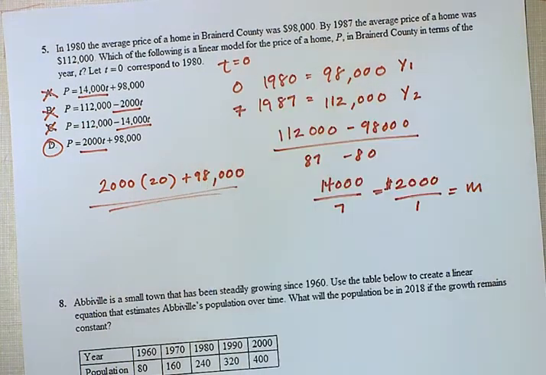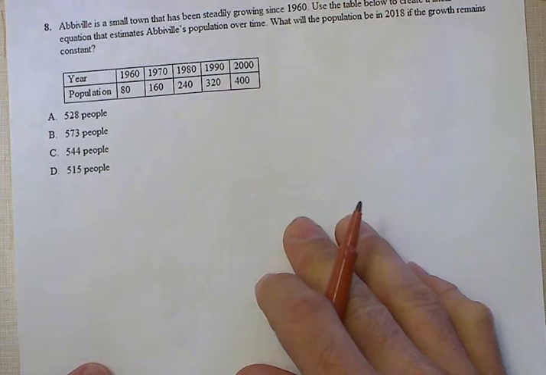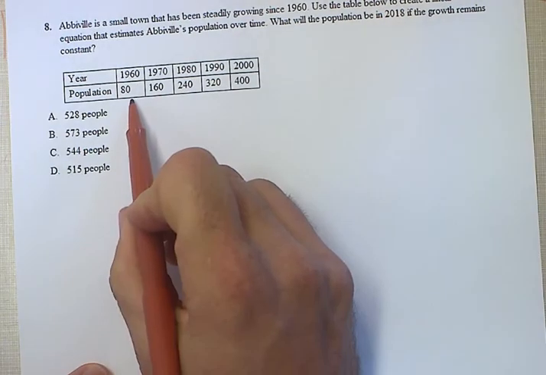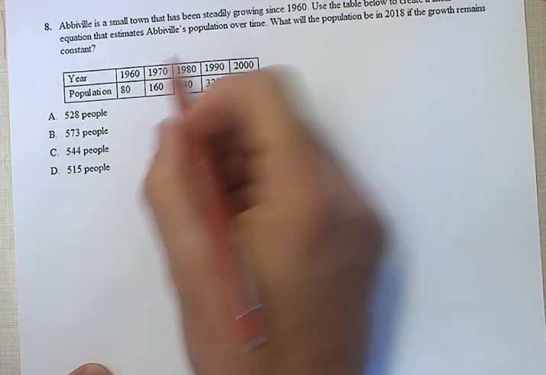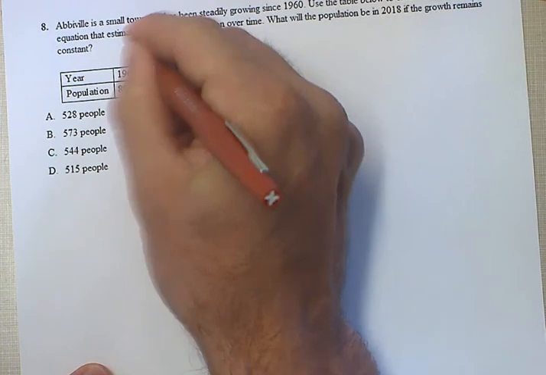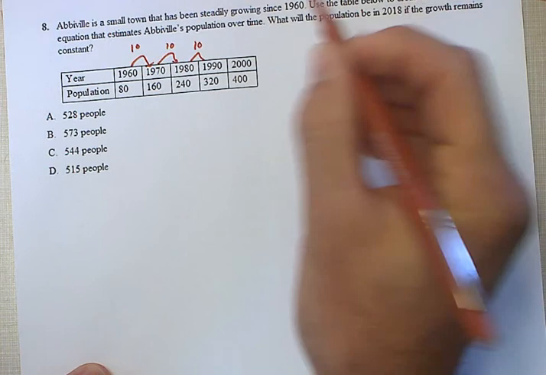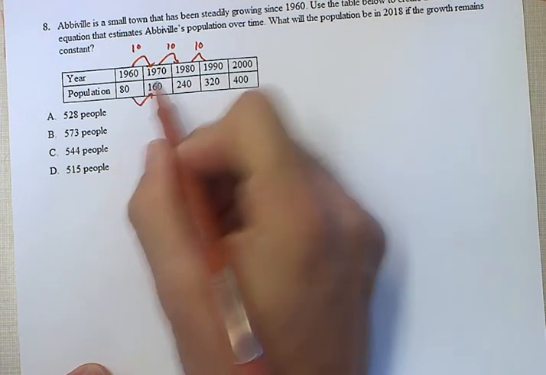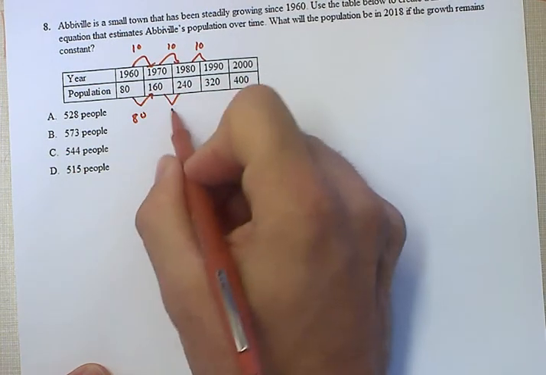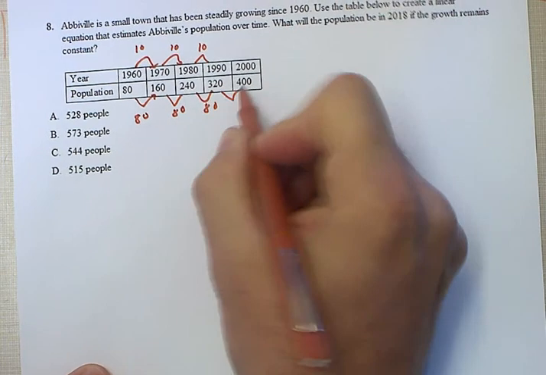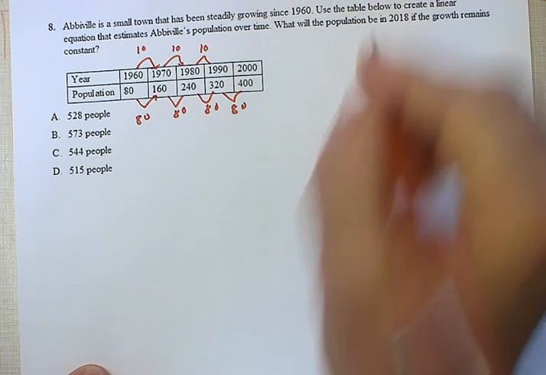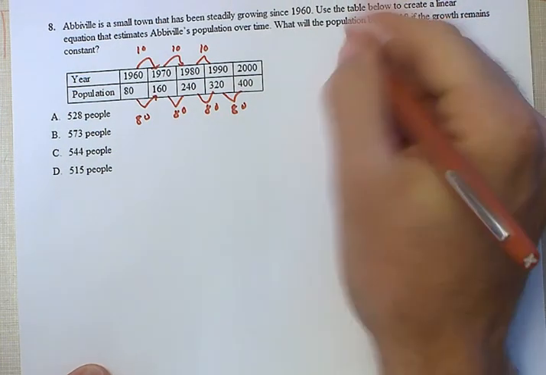Next problem. This is basically what we're looking at here, change in year that goes 10 years, 10 years. You could get this straight from your table, 10 years. And then here you have an increase of 80, 80, 80, 80. So actually, if population is changing,